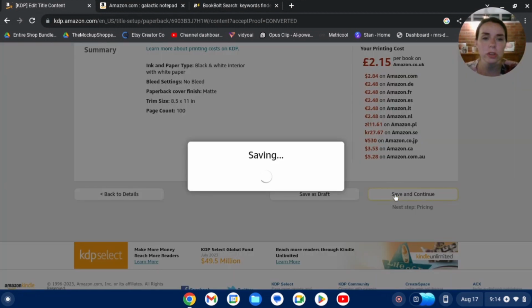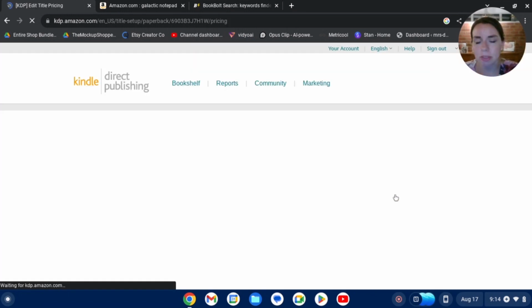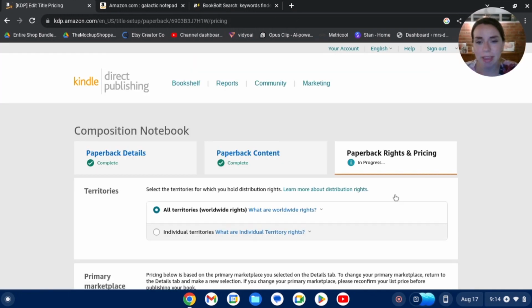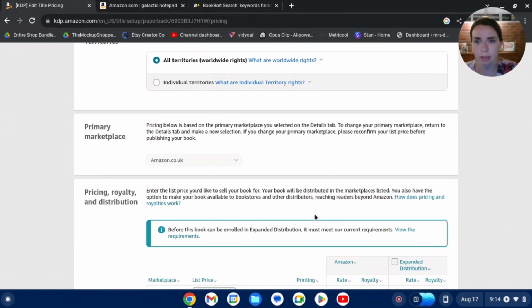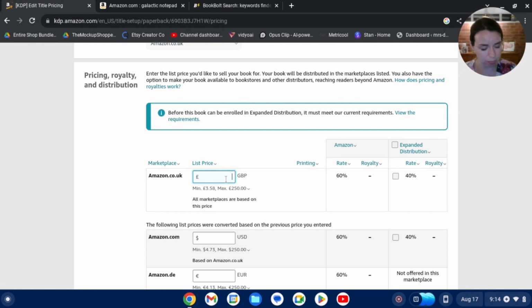So for me, this book's going to cost me £2.15 to print. But the amazing thing is you're not going to pay anything if it doesn't sell. I'm going to leave it as all territories. My primary marketplace is my .co.uk. And just in here, I'm going to put in what it is I'm going to sell it for. So as we kind of discovered, £5.99 was pretty good. And that then gives us a royalty of